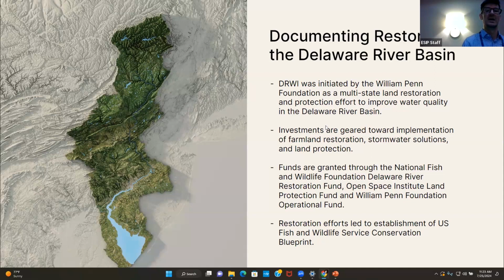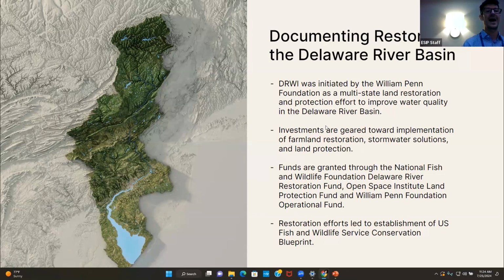And mechanically, from the policy side of this, the William Penn Foundation granted funds to the National Fish and Wildlife Foundation's Delaware River program to handle restoration practice implementation. And then the Open Space Institute was the recipient of funds for land protection efforts, so conservation easements, fees, et cetera.